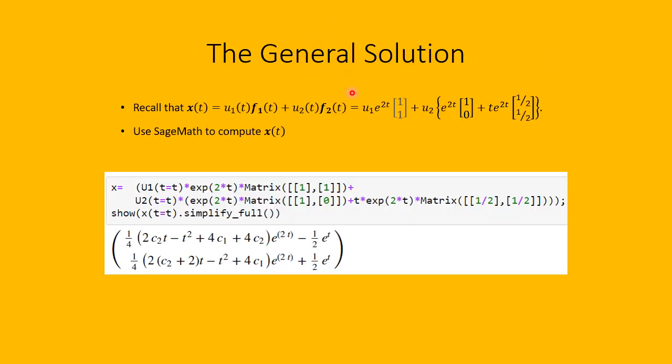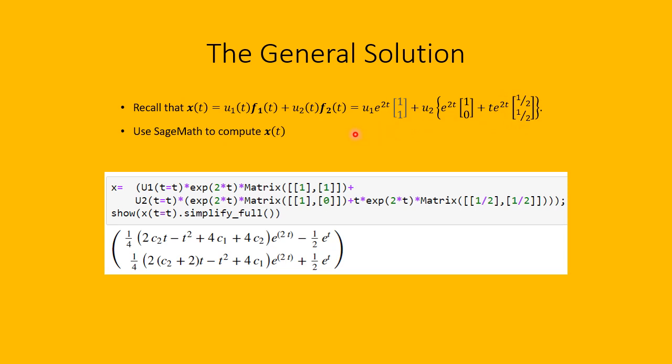So we're almost finished solving that non-homogeneous system of differential equations. We're now ready to compute the general solution. Let's remember that x of t, the solution to the non-homogeneous problem, is going to be u sub 1 of t times f sub 1 of t plus u sub 2 of t times f sub 2 of t, which in our case is u sub 1 of t, and then f sub 1 of t was e to the 2t times the vector 1, 1, and then we had u sub 2 of t times f sub 2 of t, which is this